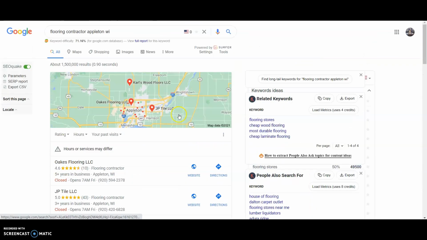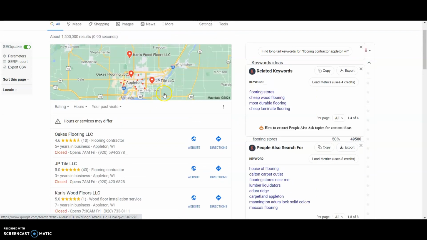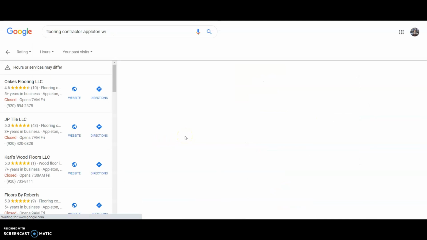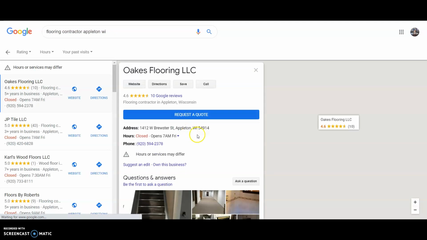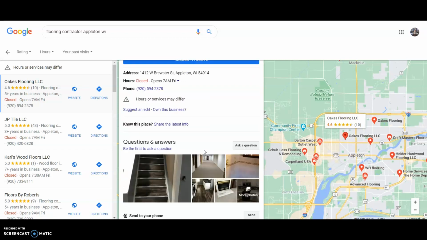Next thing is the Google Map Pack. A lot of people just go in here, and that's where they go to their websites or call from there. Biggest thing is if you don't have one, set one up. You don't need a website to set one up. It's free to do. The first thing you want to do is obviously set it up, but then you want to completely set it up, 100%. Don't just do parts of it. Get the whole thing completely set up.